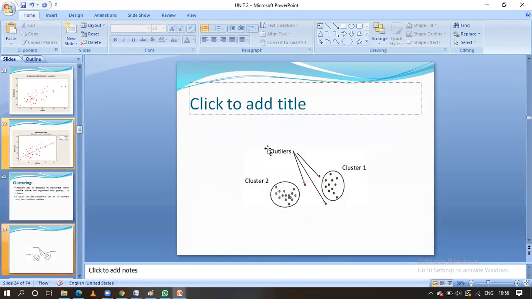Here if you observe, guys, this is one cluster, this is another cluster. Some points are outside of these clusters. These we call erroneous or noisy data or outliers. All three of them mean the same: noisy data, erroneous data, outliers. These red dots are errors. In this way we are going to identify the noisy and erroneous data.